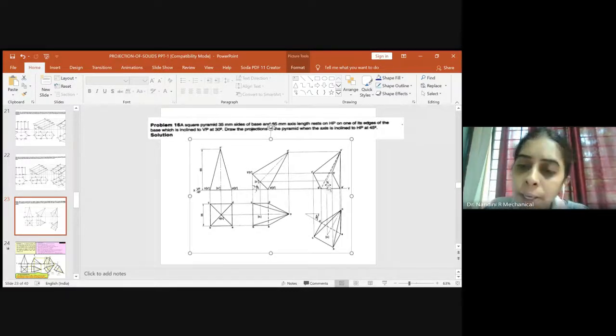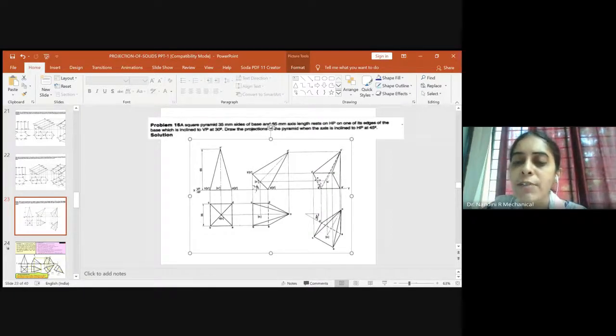So after naming, here also the outer surface will be, outer boundary will be visible. So darken the outer boundary. So outer boundary here is A dash to O dash to C dash to D dash and D dash to A dash. So this is our outer boundary what we drew.